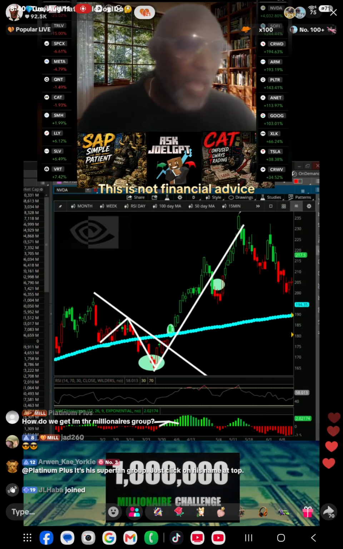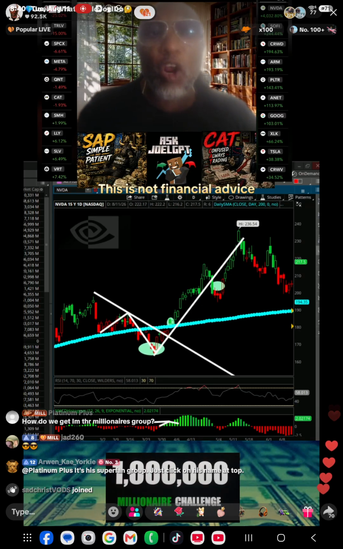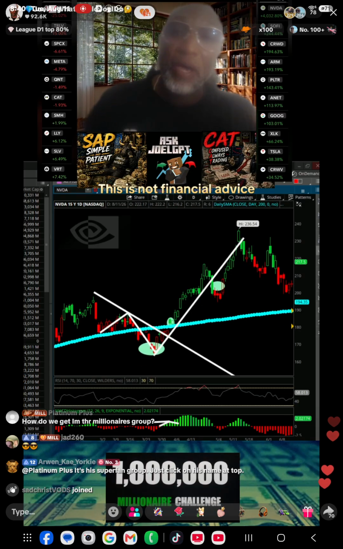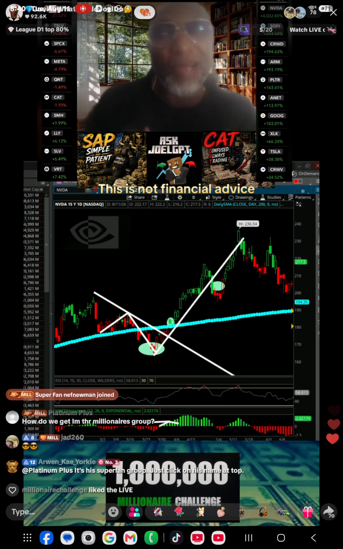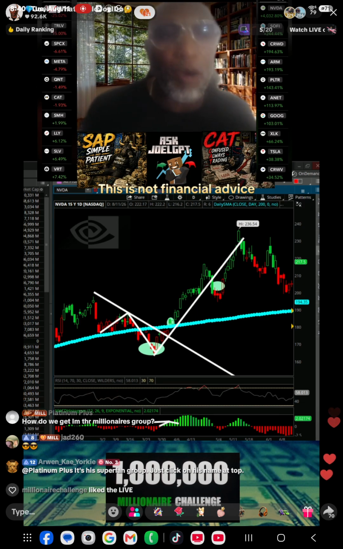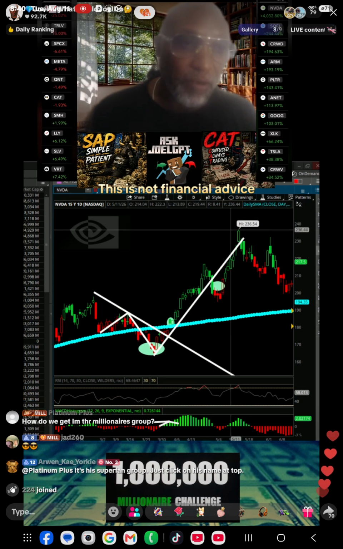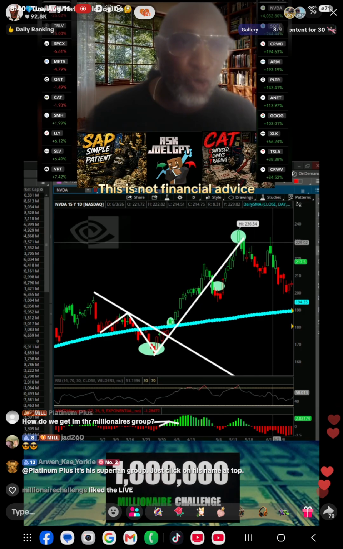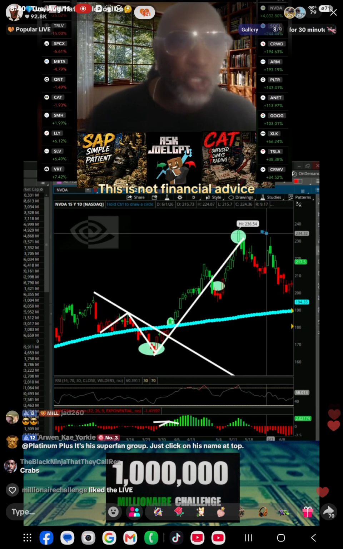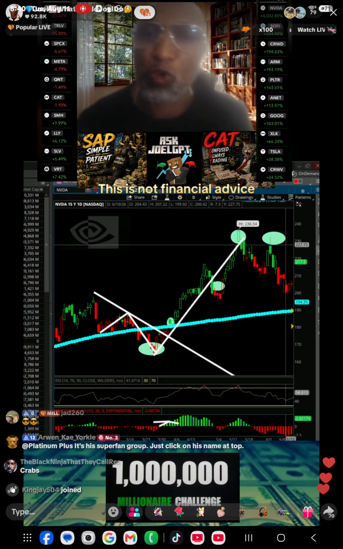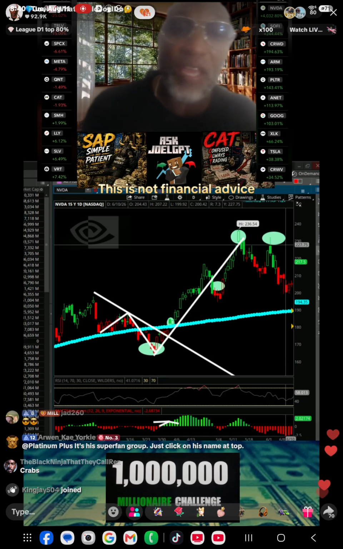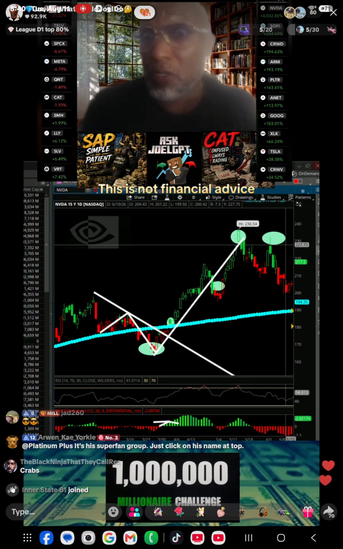I keep showing you guys this. If you want to learn how to short, you better learn how to draw. I created this pattern. Well, I didn't create the pattern. I call it the crab pattern. The crab pattern is the two big eyes. When you see two big eyes on your screen, that is when you short. That means Nvidia has crabs.